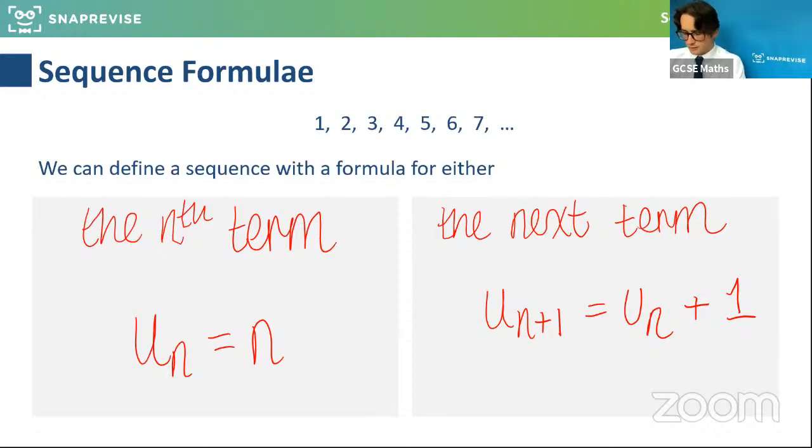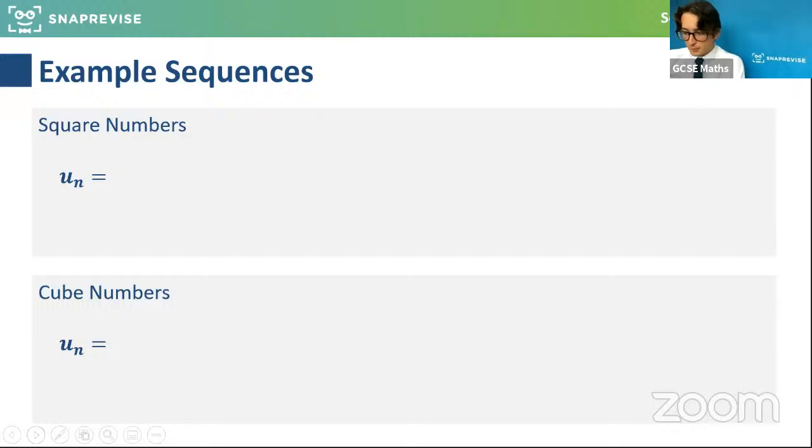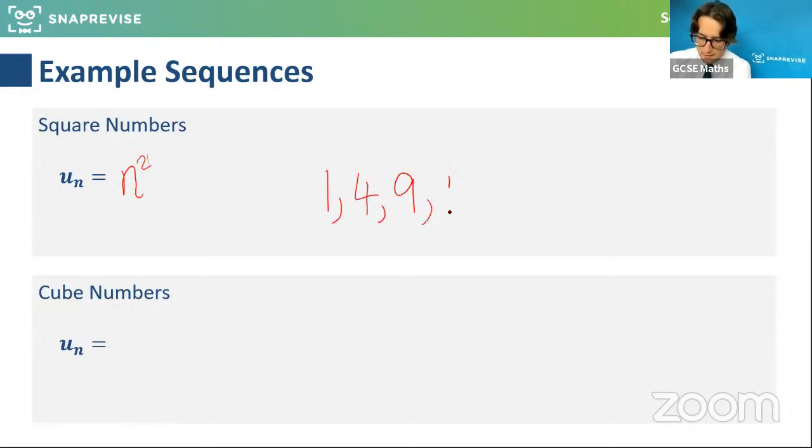Right, here we go. So I'm going to move this on. For example, the square numbers, if we were using this notation, U_n, how do I find the nth term of the square number sequence? It is just n squared. It's the number we're on and we square it. So that sequence would go 1, 4, 9, 16, 25. And if I wanted the 5th term,